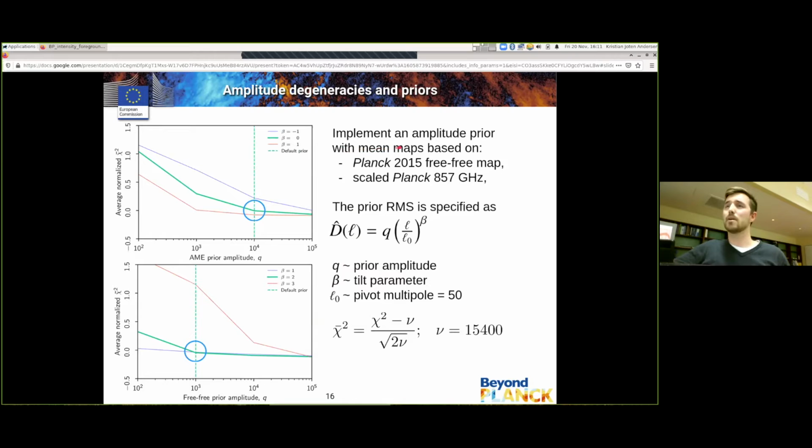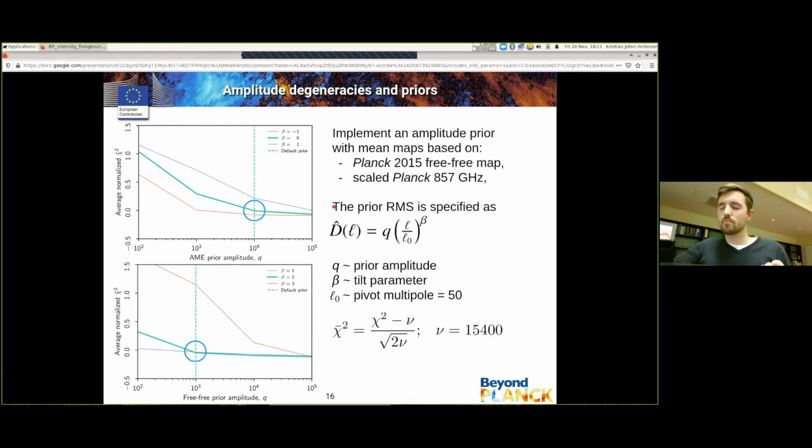We then use prior mean maps based on the Planck 2015 free-free map, and assuming that the spinning dust traces the thermal dust in morphology, we scale our dust tracer map, the Planck 857 GHz map, so that the amplitude, more or less where we have a high signal to noise, has about the same amplitude as the AME map, and then we can implement an RMS